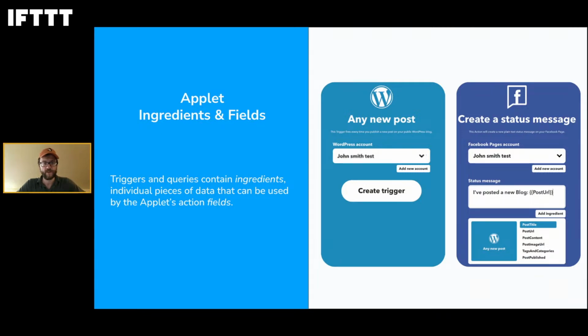Applet ingredients and fields. We have, basically, the ability within our applets to use those pieces of information, which we call ingredients or fields. Basically, the interface allows you to select and use them. They're just individual pieces of data that come from a trigger, which then can be used in the applet's